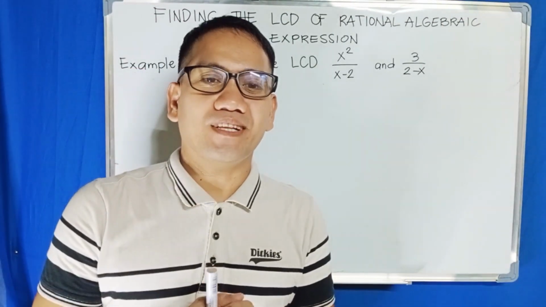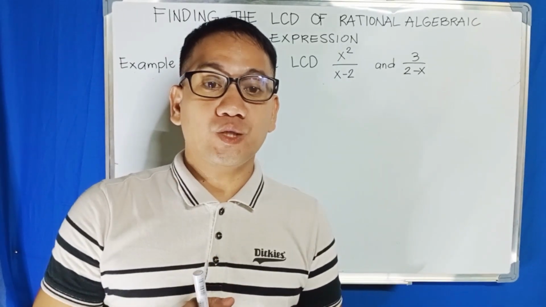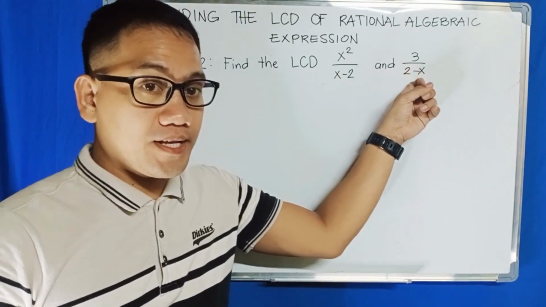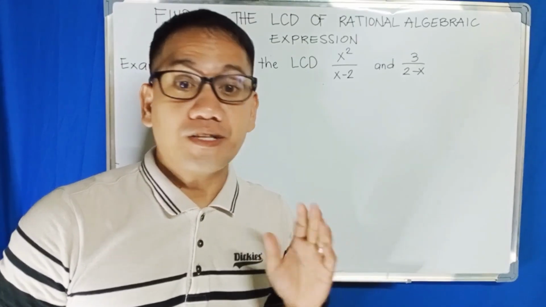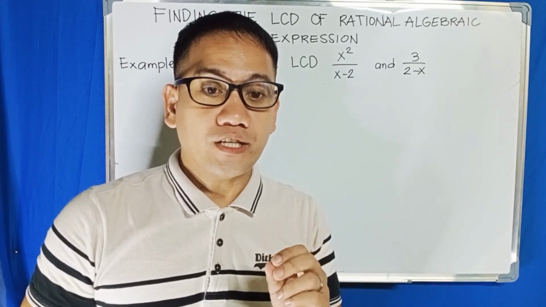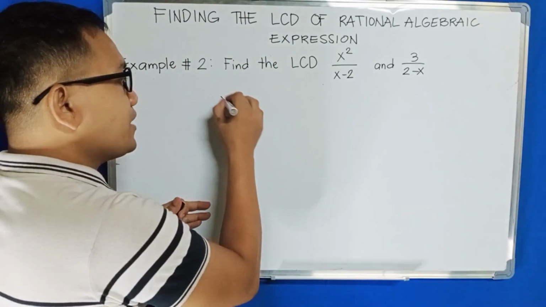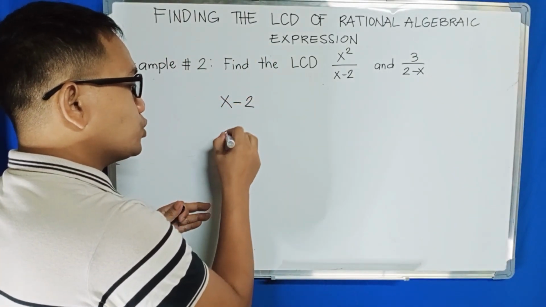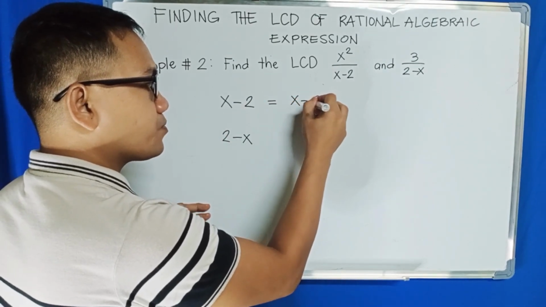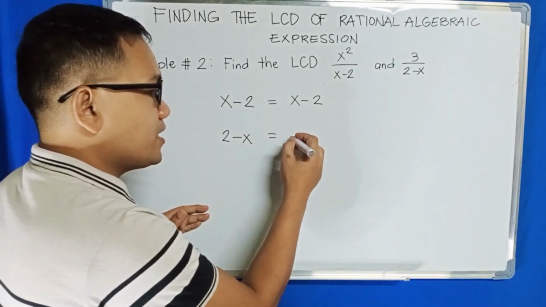Let's have our second example. Find the LCD of x squared over x minus 2 and 3 over 2 minus x. Here, our denominators are x minus 2 and 2 minus x. Remember, these two binomials are considered to be different. But we can write the equivalent rational algebraic expressions if we have a common denominator. So first, our denominators are x minus 2 and 2 minus x. We can write x minus 2 as x minus 2. But we can rewrite 2 minus x in the form negative x